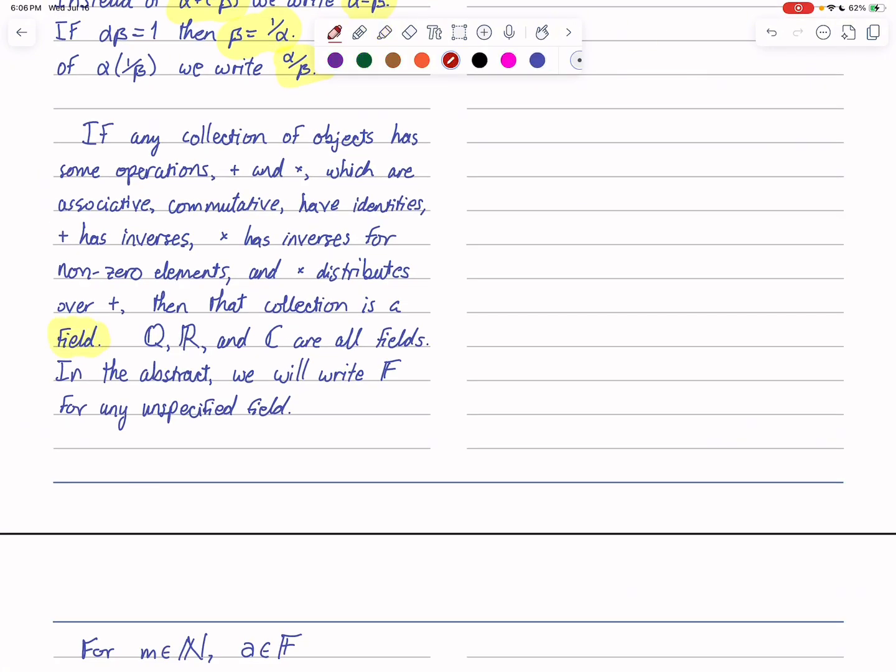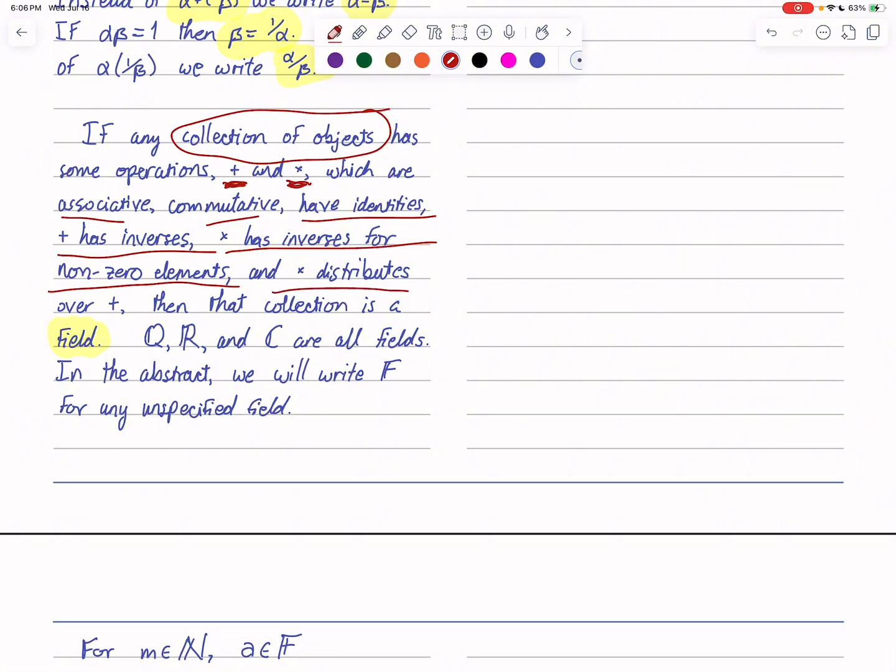Now, if you have any collection of objects, any collection at all of any kind of objects, and there are some operations, and here we're going to write them as plus and times because that's how we think of them, but all we're saying is that they're operations. We don't know what they really mean. You just have a collection of objects, you have these two operations on the objects, and if those operations are associative, commutative, they have identities, plus has inverses, times has inverses for non-zero elements,